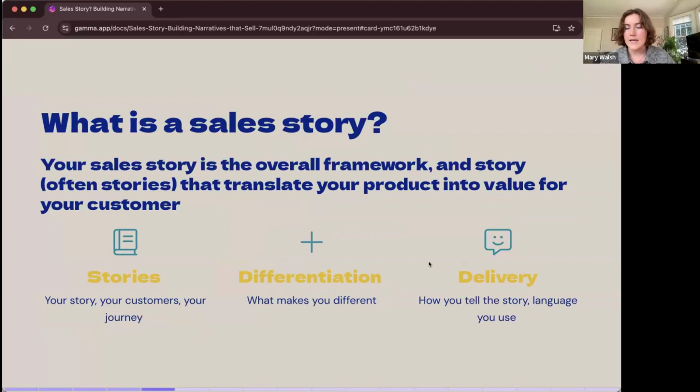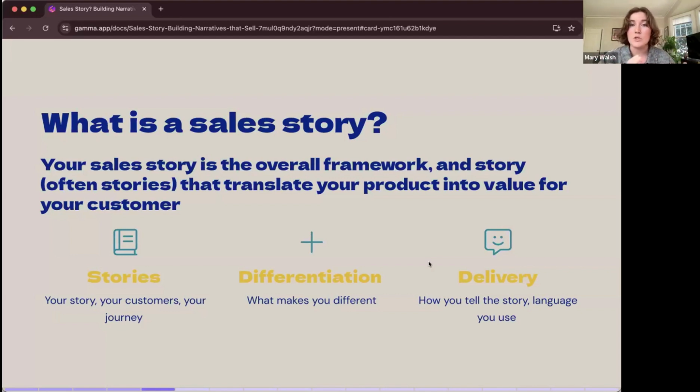Like I said, today what we're going to get into is building a framework of what that base story is going to be and what it entails. And then how you translate that into your fundraising conversation, your pitch, your content, LinkedIn, those types of things. Obviously we can't cover everything under the sun today, but what I'm hoping to give you is some foundations of things that you can start to do on your own, that you can start to think about. In this presentation, I also have what I call take-home homeworks.